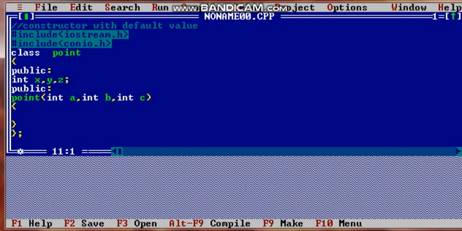a will give its value to x, so x assign a. b will give its value to y, y assign b, and c will give its value to z. It's a normal 3 argument constructor, but when we give values,